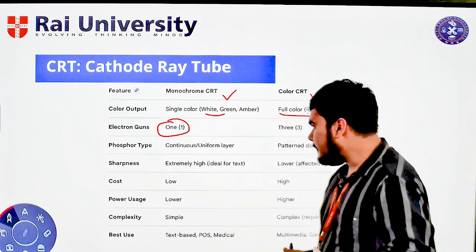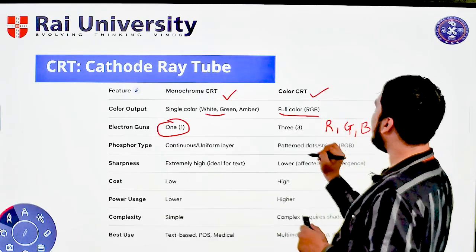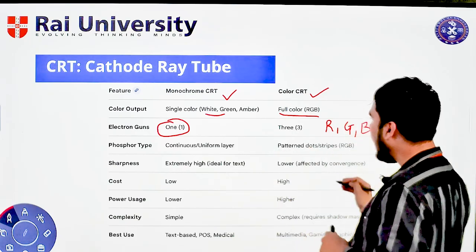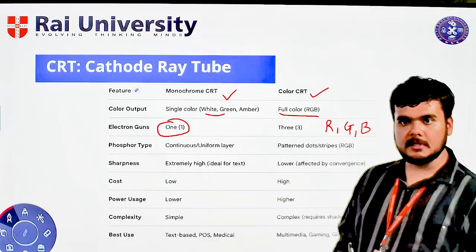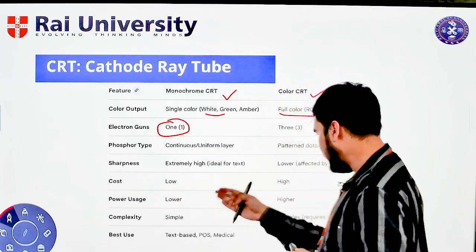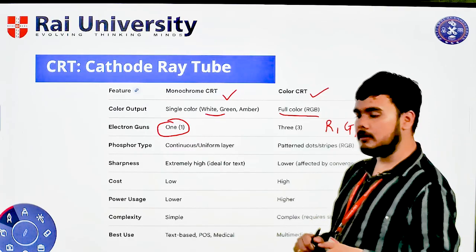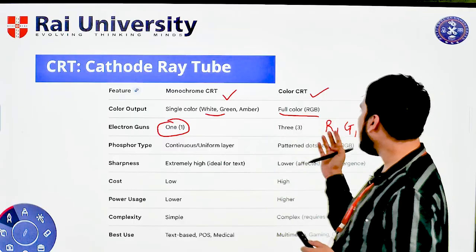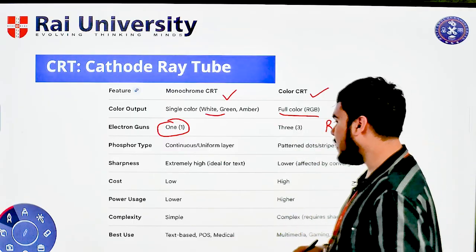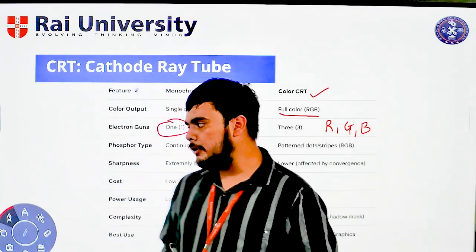Now monochrome has a uniform layer of phosphor, while the color is based on a pattern-based system. The cost is low here. For high color resolution, color TV is used, so the device will be higher in model. The power usage is lower. In the color CRT tube, the power usage is high due to the transmission of the electron beams. The complexity is there in the color because we have three color guns producing the three colors at the same time, while the complexity in the monochrome is just one shot at a time to produce an